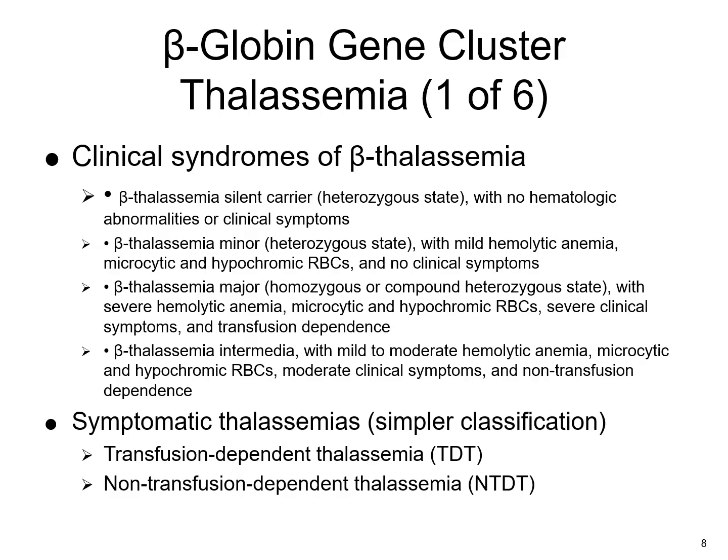The beta thalassemia minor trait, they are heterozygous for a beta plus and a beta 0 mutation. They have mild microcytic hyperchromic anemia. Their red blood cells are small and pale, and there are no significant clinical symptoms at this stage, and they are often discovered during a routine blood test or in a carrier screening.